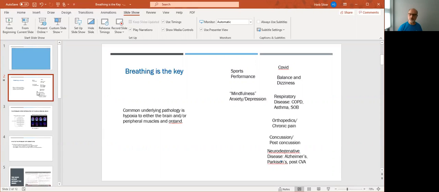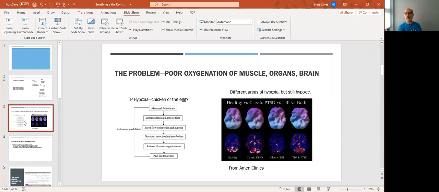And it's confusing how we were trained in school and how we were introduced to oxygen and carbon dioxide. We all learned it, but we maybe didn't learn it in as functional a way as we would like. But let me assure you, all of these people with chronic conditions can be dramatically affected by how you're working with their breathing. So let's start at the periphery and talk about people with chronic musculoskeletal pain and trigger points.